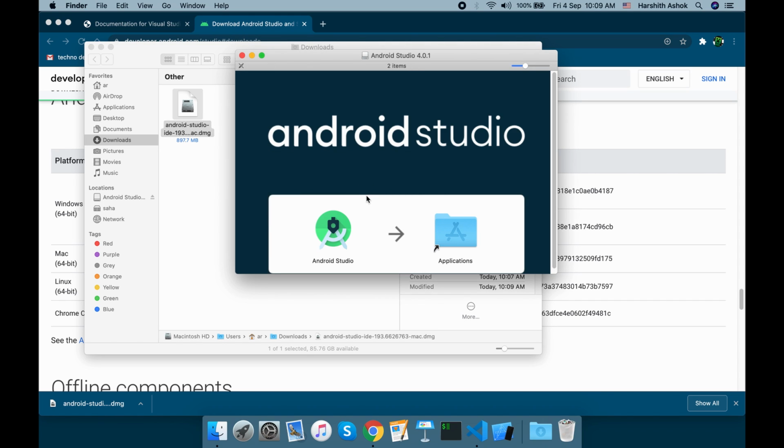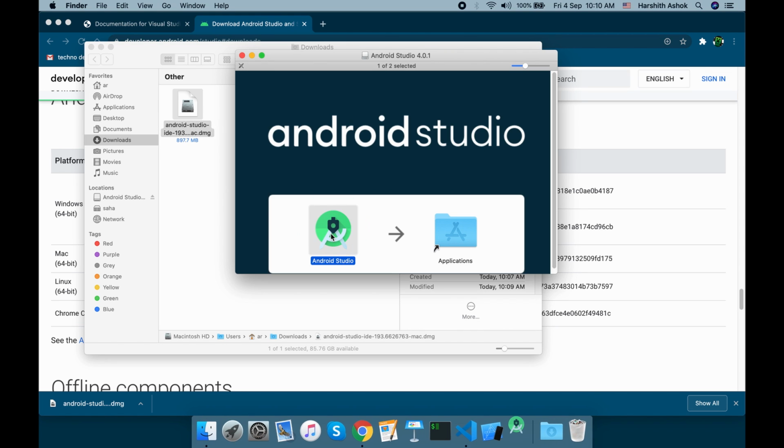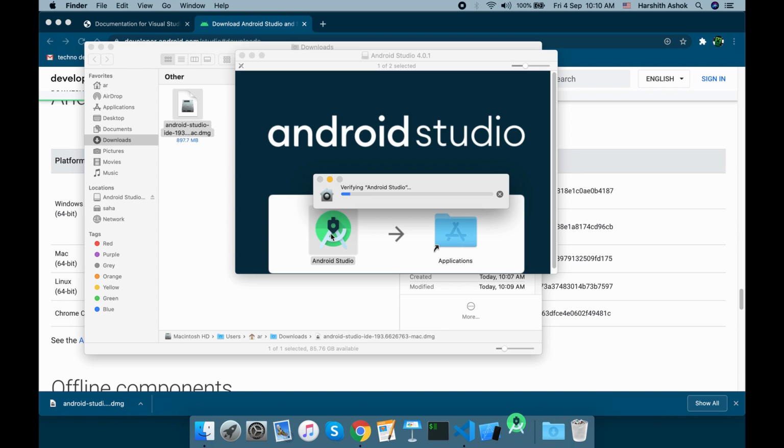And now we are going to double click this, and this is going to verify Android Studio, and it is going to ask whether you want to open the application which you have downloaded from the web. Just agree. So we are going to wait.